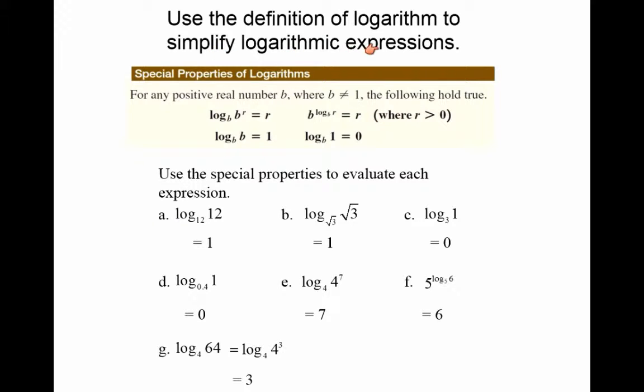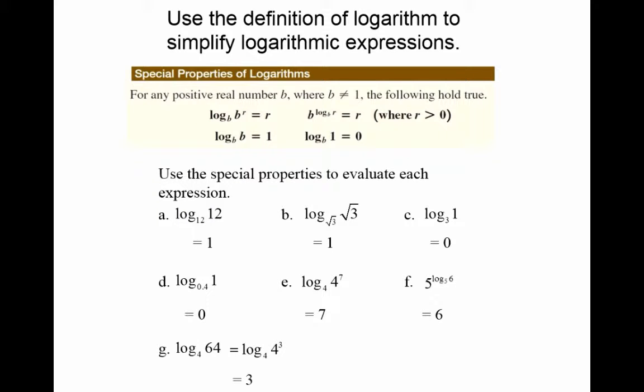Use the definition of logarithm to simplify logarithm expressions. Special properties of logarithm. For any positive real number b, where b is not equal to 1, the following hold true. So these are the true statements. Log of b to the power of r with the base b is equal to r. So when the base of the logarithm matches the base of the exponential here, the whole thing would be equal